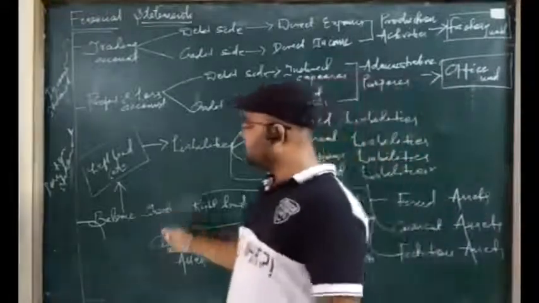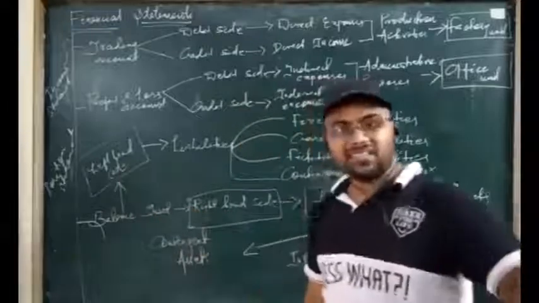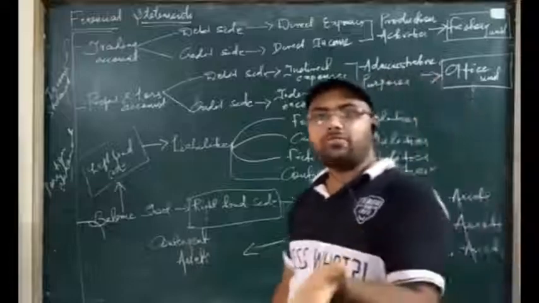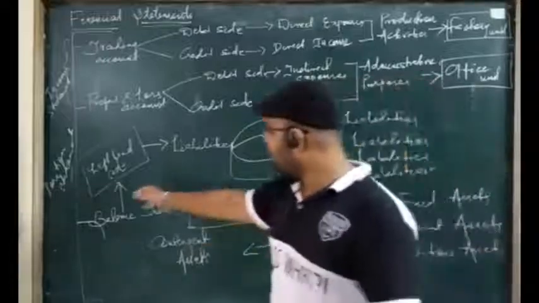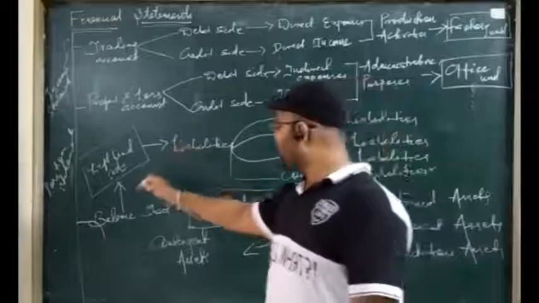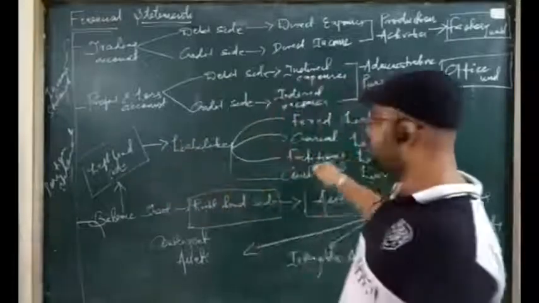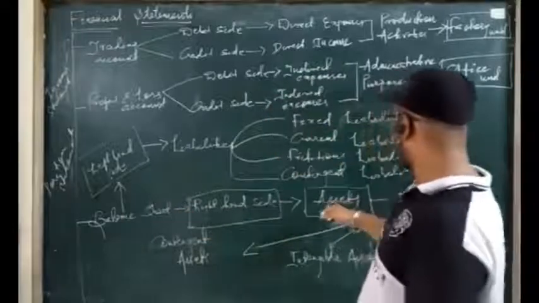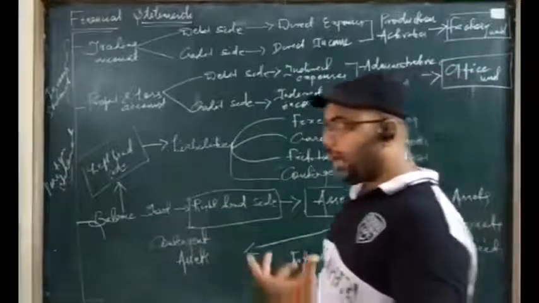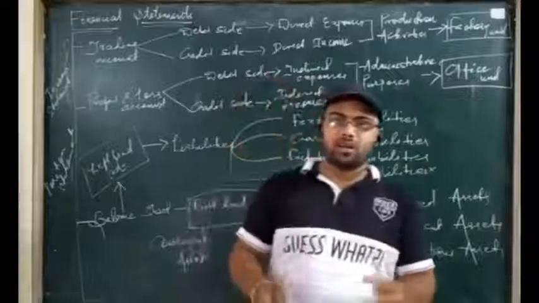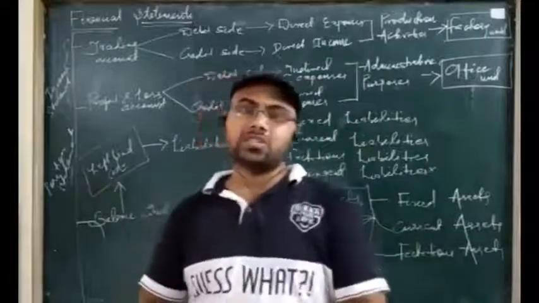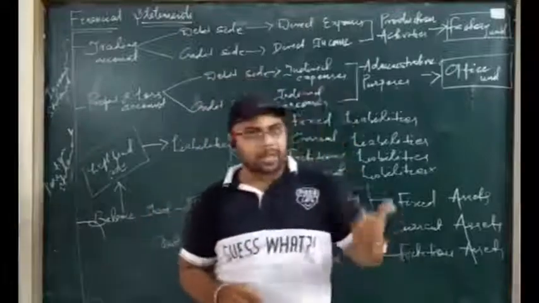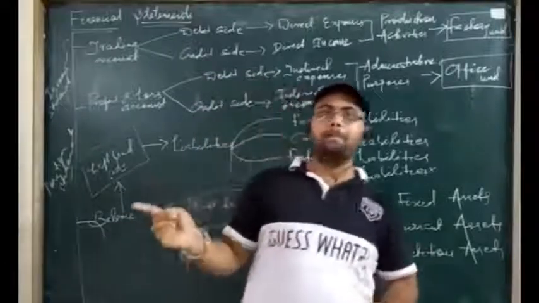Under the balance sheet, since it is always a position statement and by nature it is a statement, not an account, it does not have any debit side or credit side. It has two sides which we can say LHS or RHS, that is left hand side or right hand side. In the left hand side, we record different types of liabilities, which we have discussed in the format part, and in the right hand side we record the different types of assets that we have discussed. And I have told you that when you prepare balance sheet, it is not necessary that you write the different categorization of the types of assets and liabilities while posting or transferring the items from trial balance in the form of assets and liabilities to your balance sheet.